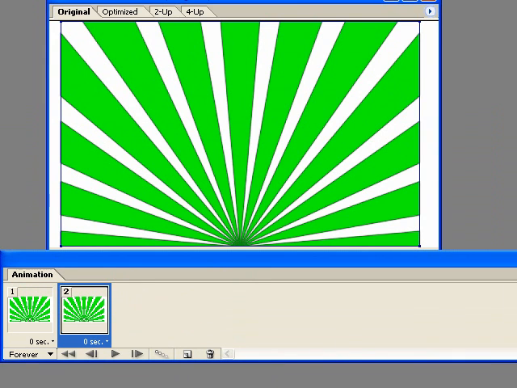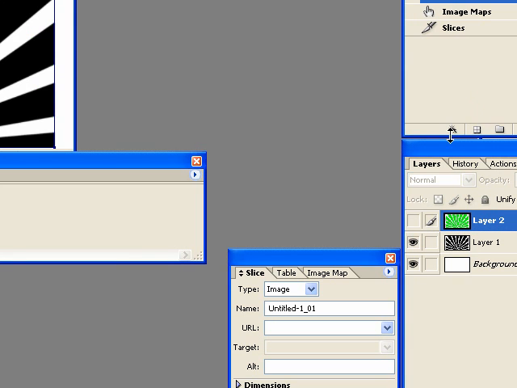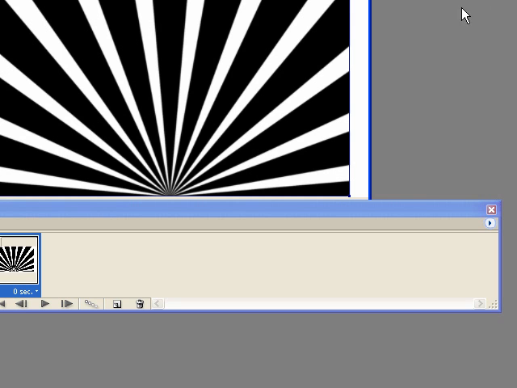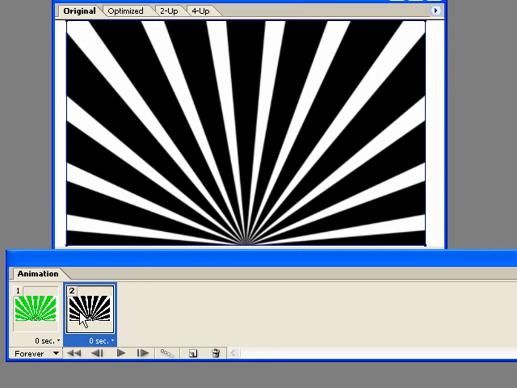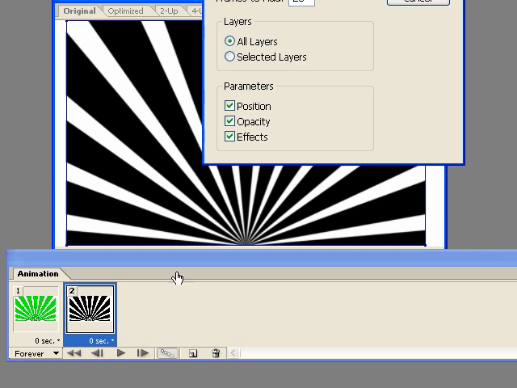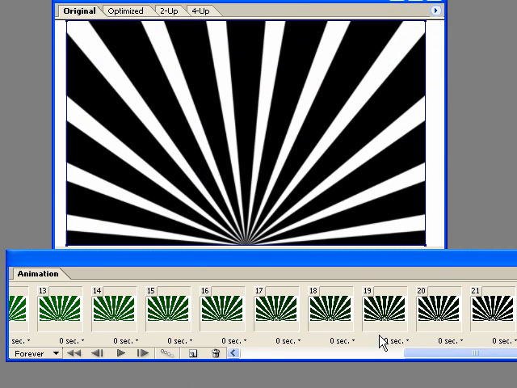In the second frame, I'm going to turn off the yellow layer. So now it's only black. As you can see, only black. And then I'm going to click on the black layer right here and go to Tween. And it'll bring up the Tween panel. And I'm going to make it 20 frames off of the previous frame. And all layers, go. So Image Ready will automatically make this huge animation for me, which if I play it